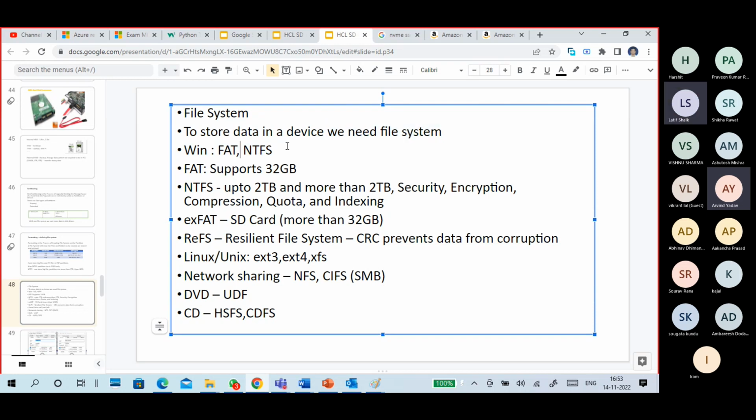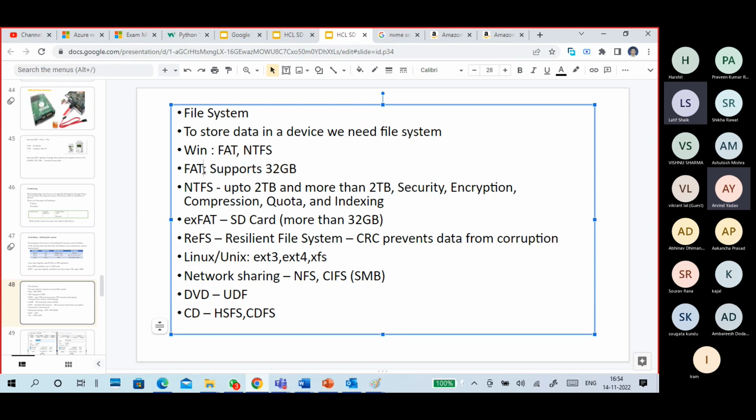In Windows, we use NTFS or FAT. We are using Windows 8, Windows 10, Windows 7. NTFS mainly we are using. Earlier days, Windows NT, 2000 time, FAT was also used. So it depends on one or another. People use FAT also. Nowadays, we are all using NTFS only. Still, we are using FAT also.